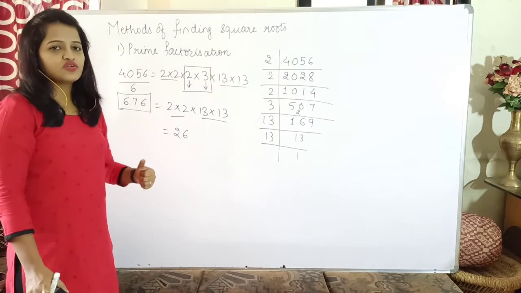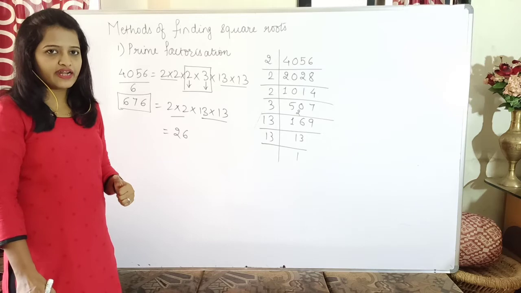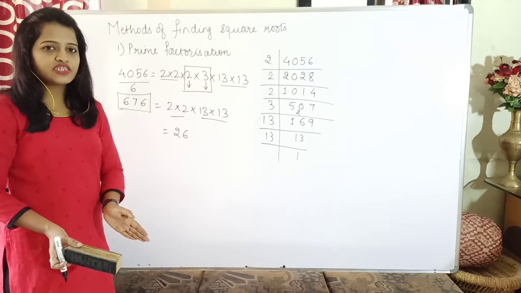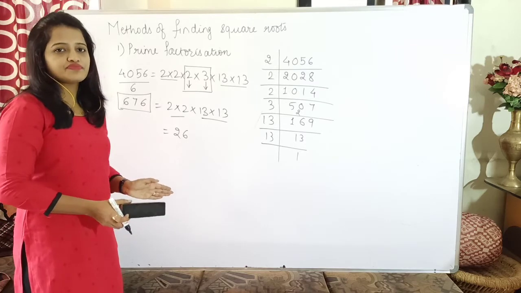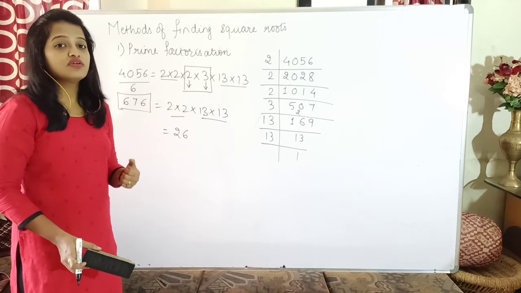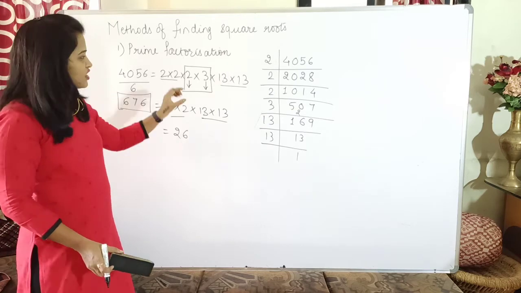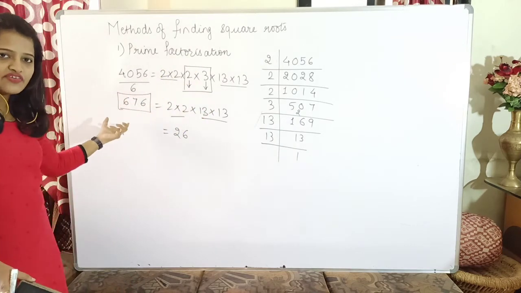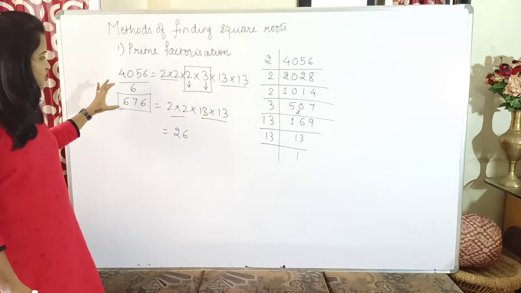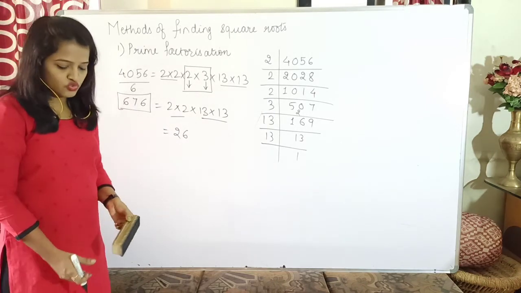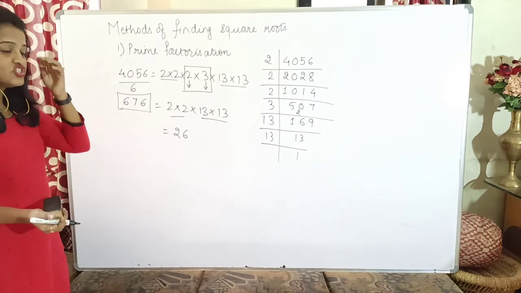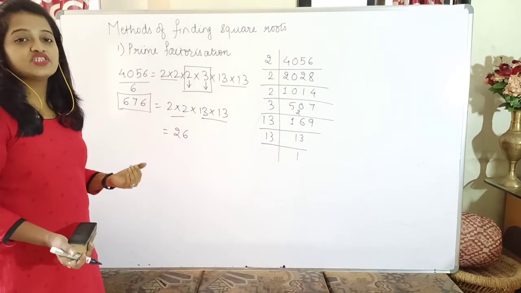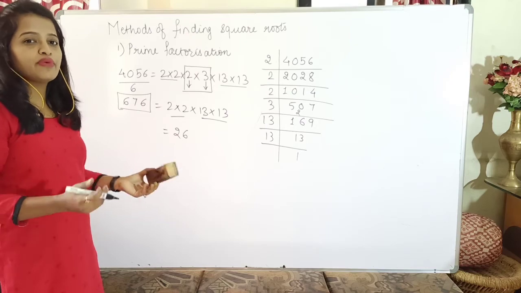Okay, so when the question asks by what number it has to be multiplied, the factors which don't have pairs, you take their multiplication and multiply the given number with it. And if the question asks by what number it has to be divided, whatever factors are not having their pair, just take their multiplication and divide the number by that. So the value you get will definitely be a square. So by this method you can check whether the given number is a square or not. If it is a square, you can find its square root also, and if it is not a square, how to make it a square by multiplying or dividing.